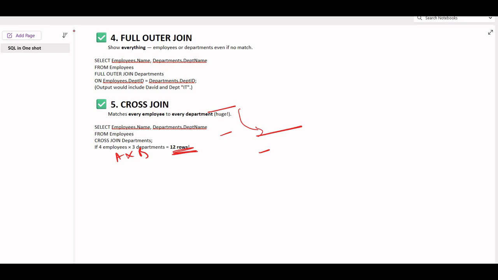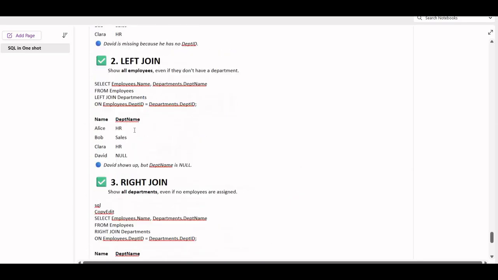What I mean is that the syntax is very important, even in the case of join. Select column name from table 1, join, use the inner join or whichever, the cross join, table 2 on whichever columns are matching, right? I hope till here everything is clear. I think I have covered the concepts.